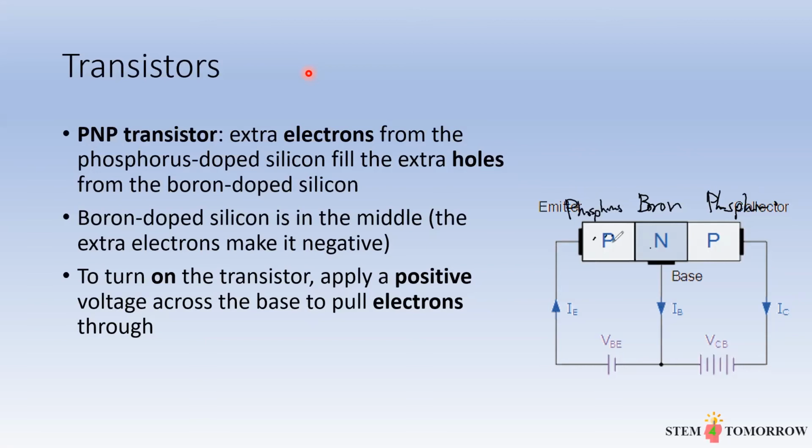So there are a bunch of electrons here. There are a bunch of holes in the middle. So positively charged holes. And then these electrons are going to move into these holes. So there are going to be extra electrons in the middle, so it's going to be negatively charged. And there are going to be fewer electrons or more holes over here, so it's going to be positively charged on the sides. So this is a PNP transistor. Positive, negative,